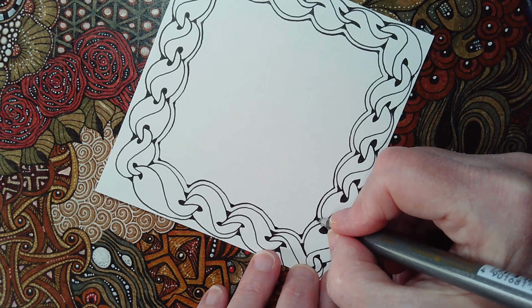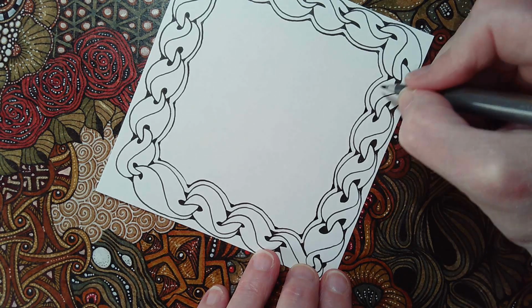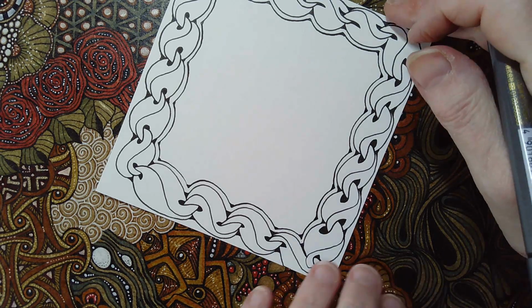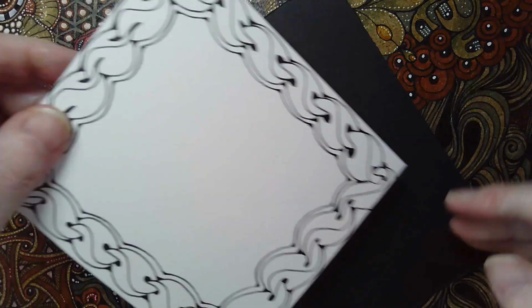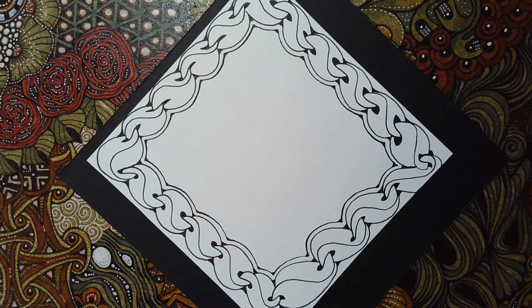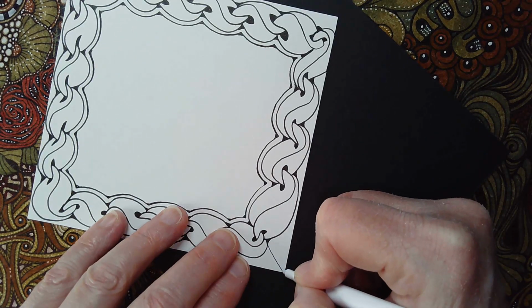Okay, nearly done. I do try not to move my paper too much, and I'm used to moving my hand around as I'm drawing, so I'm happy with that. Now then, I've got a lot of white space on the outside, so what I want is a piece of scrap paper, and I have some. That'll do. And then what I want to do around the outside here, I'm going to use pens that have got really tight tops. This Emote pen. And I'm going to just start